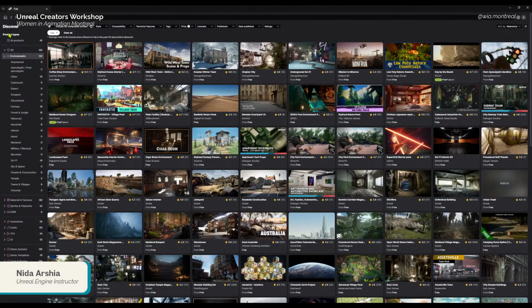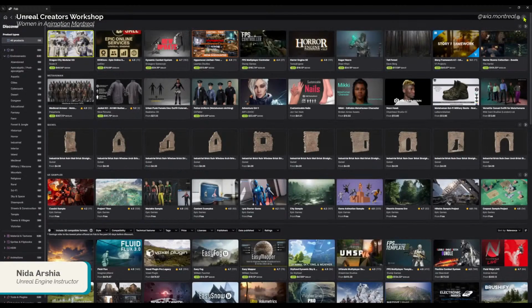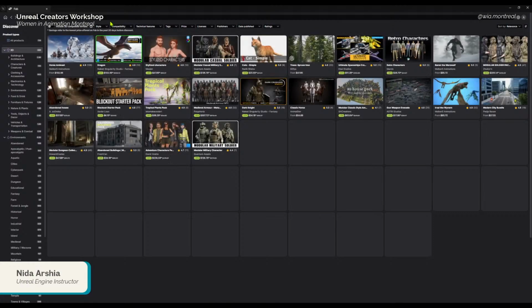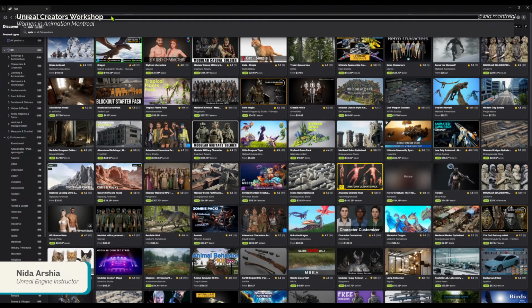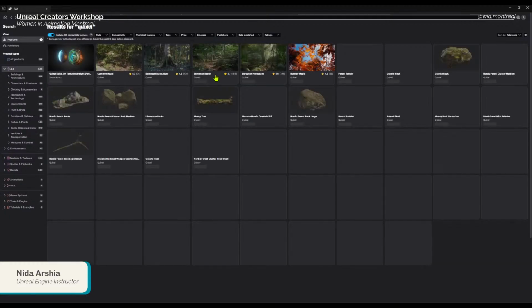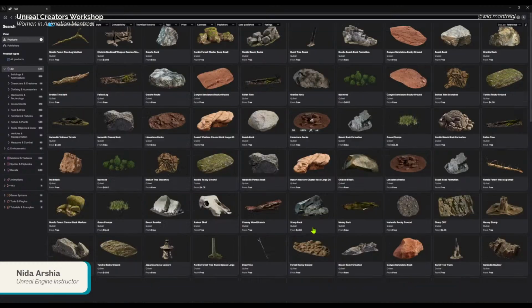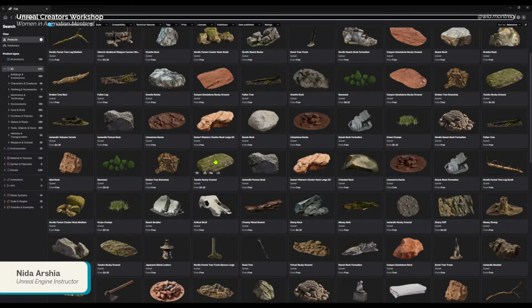So let me go to the home page. Okay, the same assets that we saw earlier in Quixel Bridge are going to show up here, and we can download those.